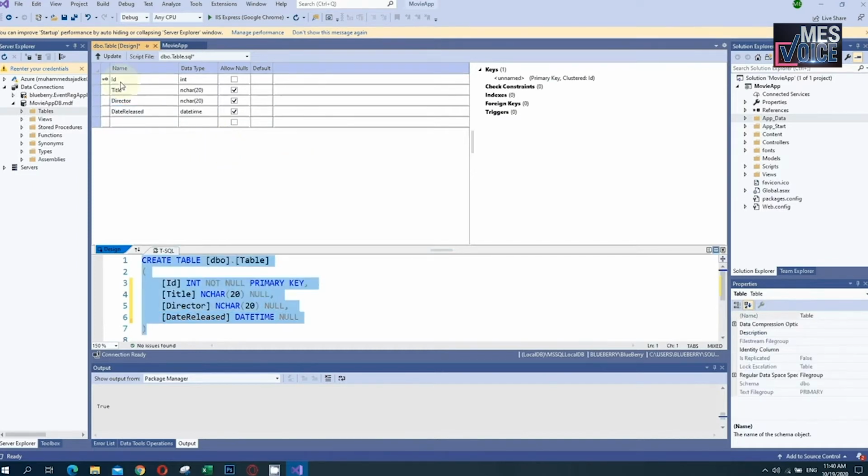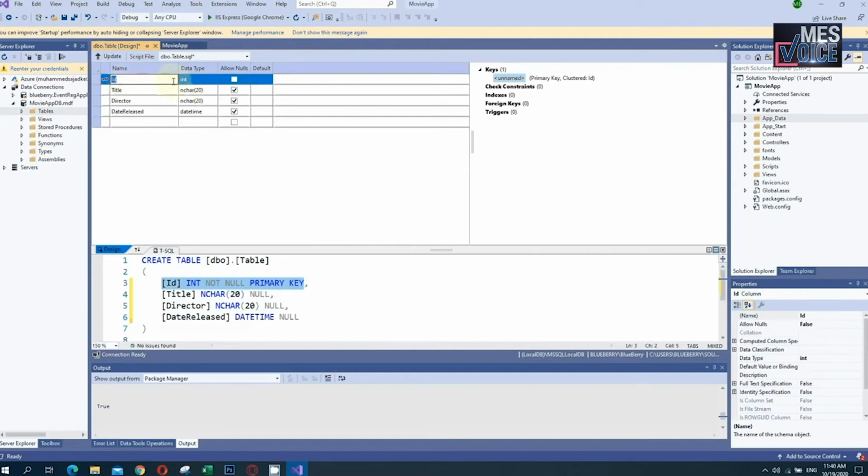Then we have to auto increment this ID, right? So we go to the Properties window, and in the Identity Specification I make this false to true, and it will be the primary key and the identity.